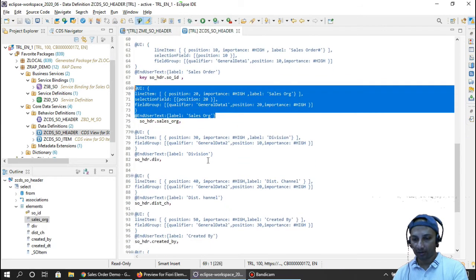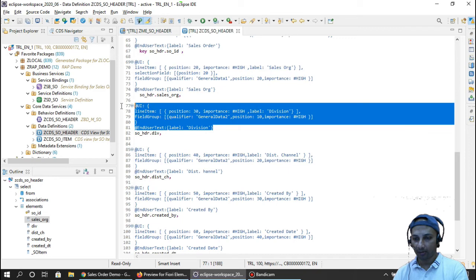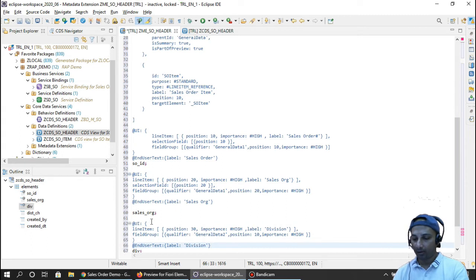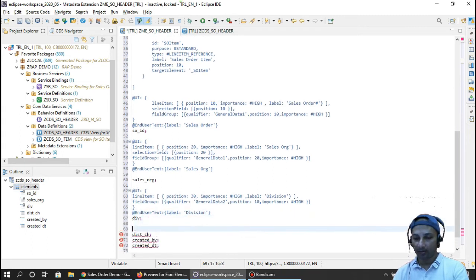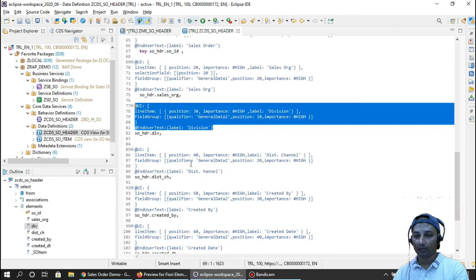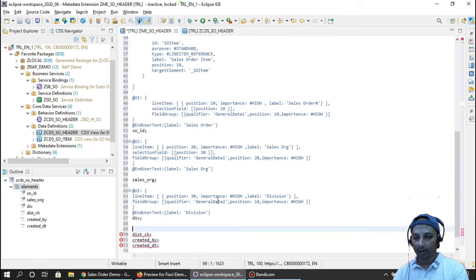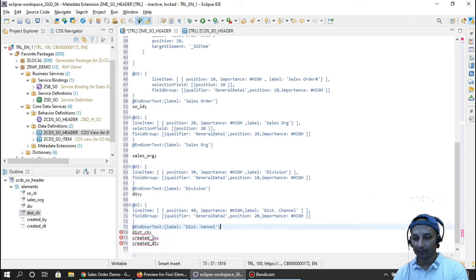For division, let's copy the division UI and put it in division. The next is your distribution channel, so copy this distribution channel and put it into your distribution channel.